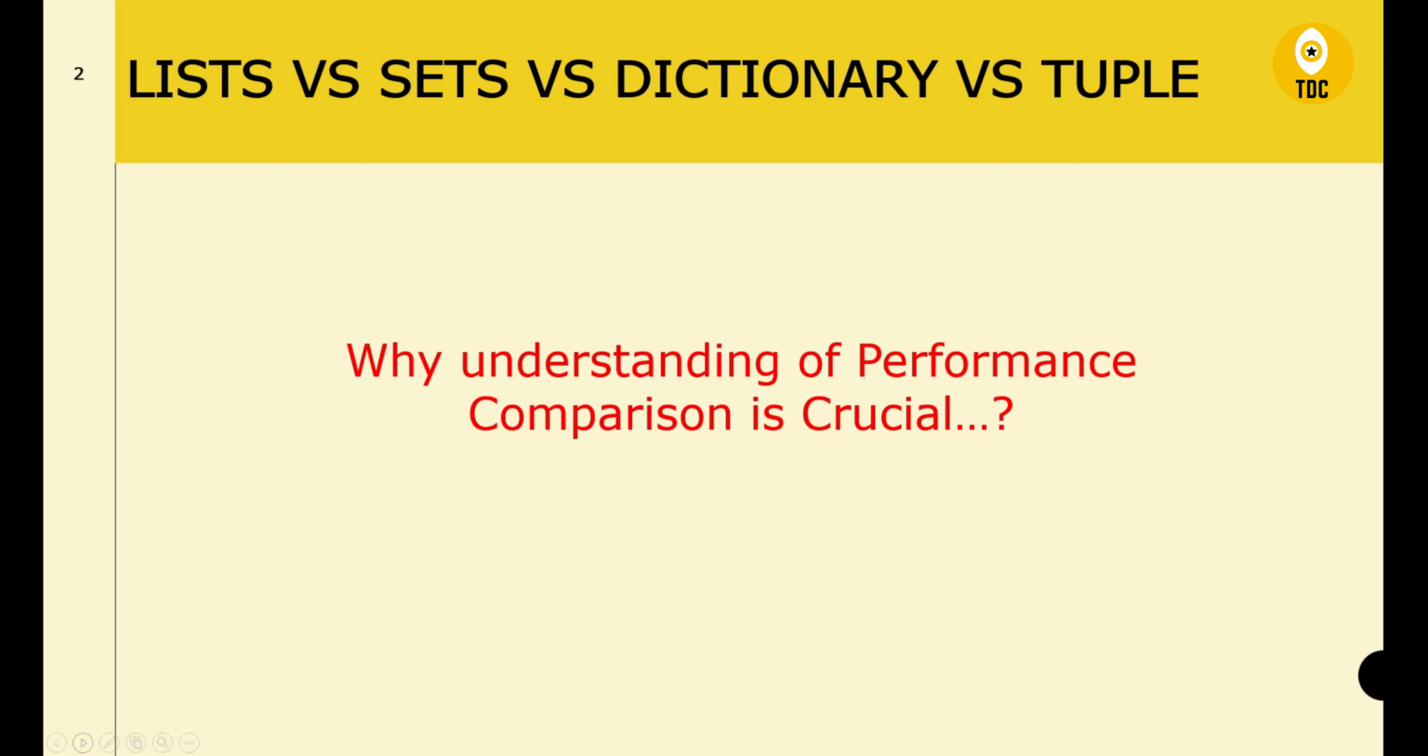Understanding performance comparison is very crucial because it enables you as a developer to select the most efficient data structure for the particular use case you're working on, ensuring optimal execution speed. Because today you might be working with a small data set, but in real time the data might grow, or you are working in real-time projects where there are millions or billions of rows and records. In that case, we need to ensure there is optimal execution